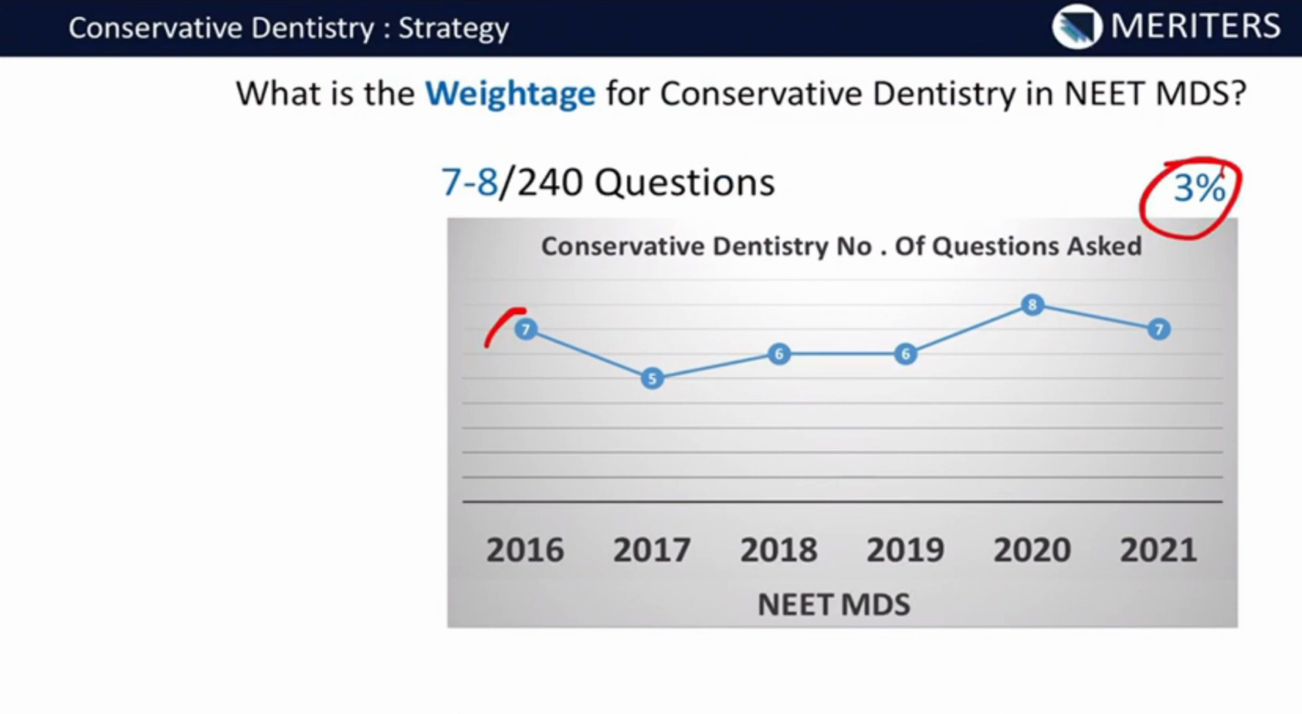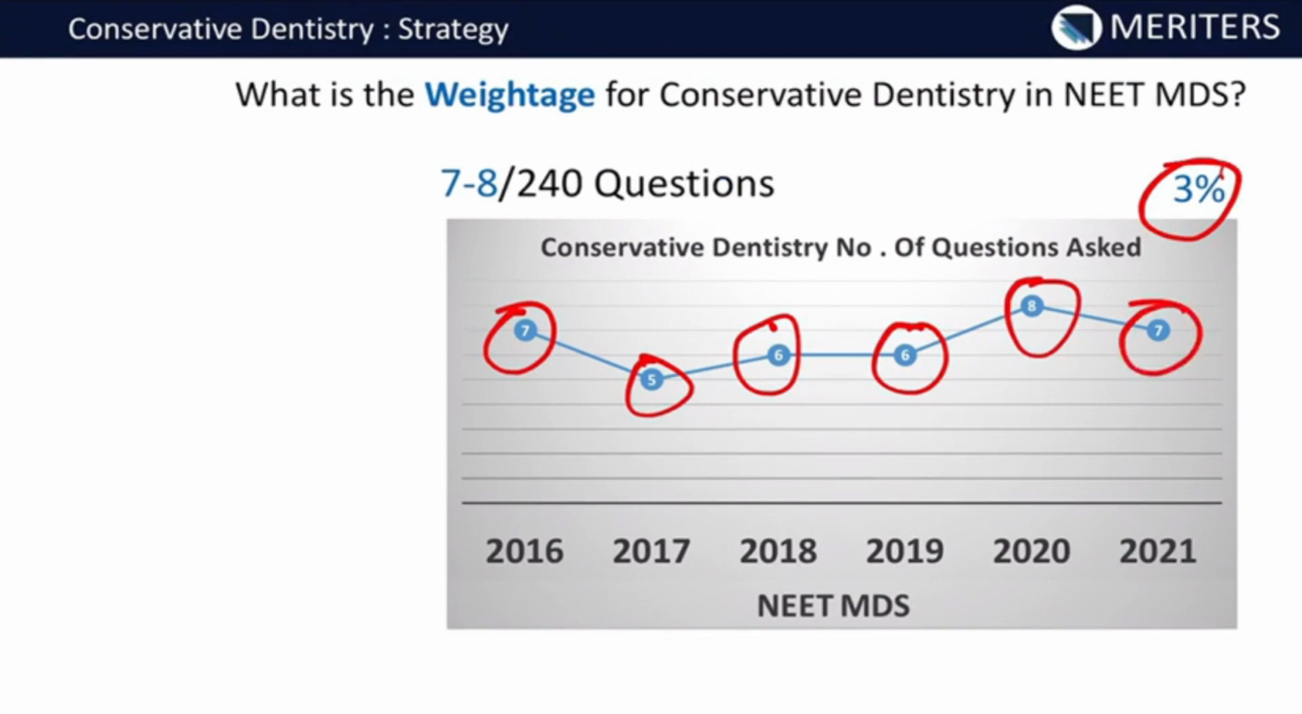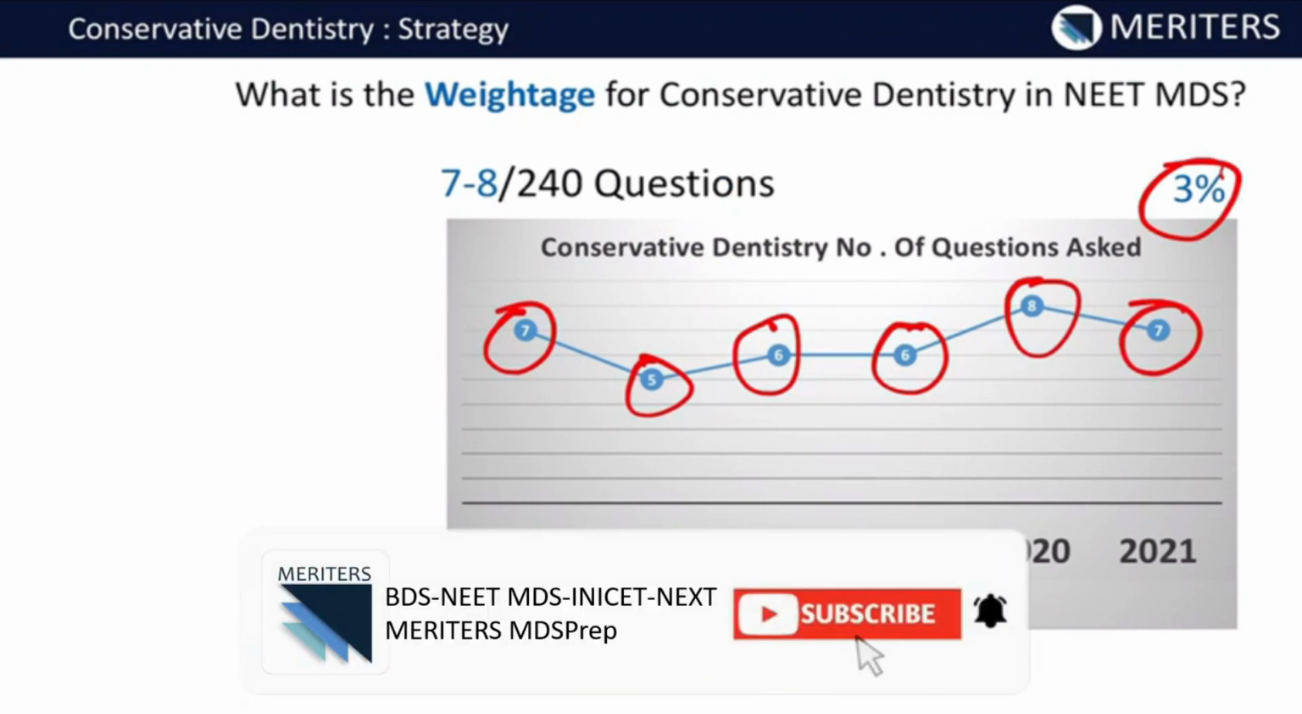So if we see the previous year analysis of the weightage of this particular subject, in 2016 there were 7 questions, in 17 there were 5, then 6, then in 2019 there were 6 questions, and in 2020 there were 8 questions, and in 21 also there were around 7 questions. So almost 7 questions are directly from this particular subject. We are not adding the questions from the dental materials aspect or other clinical aspects. We are just considering the direct questions which are solely based on this particular subject, that is conservative dentistry